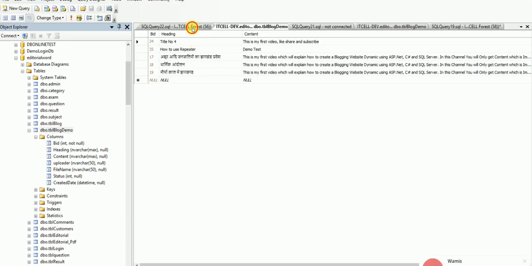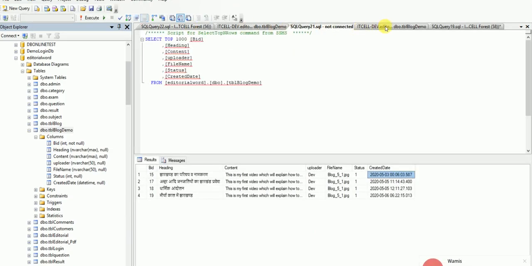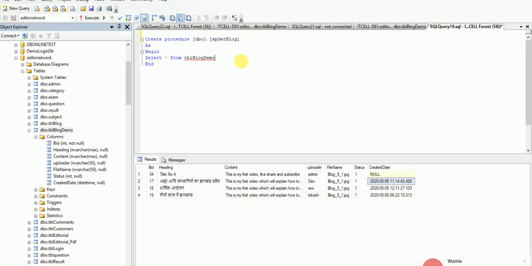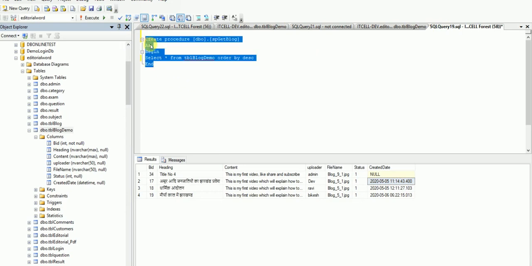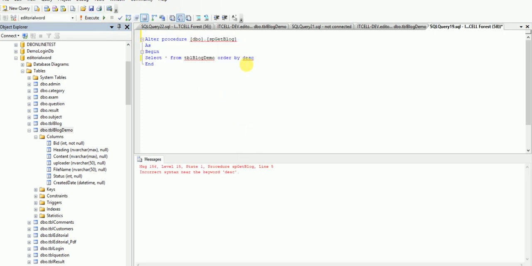So I will change. What I'll change in a stored procedure, I'll just change order by DESC, this, and I will change this alter. Select star from tbl block, order by BID DESC.